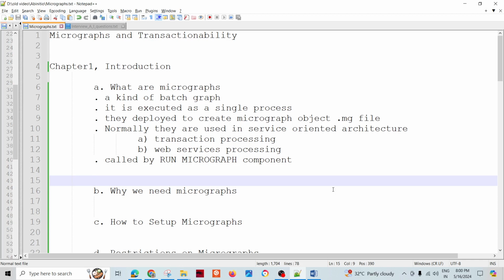In Ab Initio, we have a series of videos to talk about micrographs. We will talk about the introduction today, and then in the following videos I am going to talk about how we create the micrograph, how we deploy the micrograph into the production system or the higher environment, what the different restrictions in micrographs are, what the different examples of micrographs are, and how micrographs are actually used in web services processing. Okay, so let's talk about the